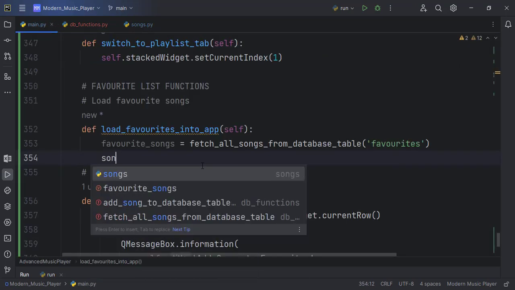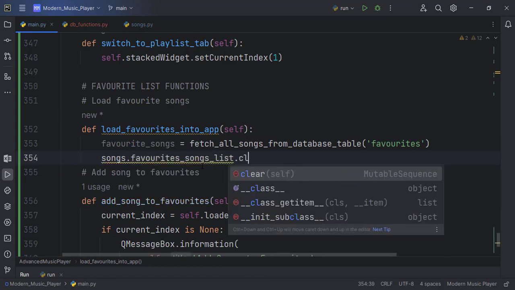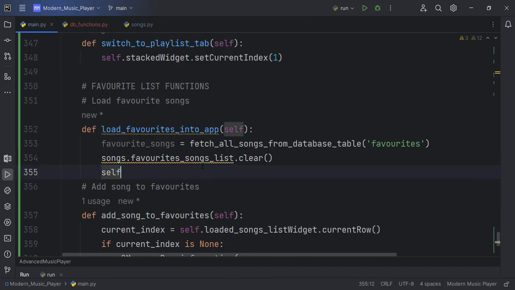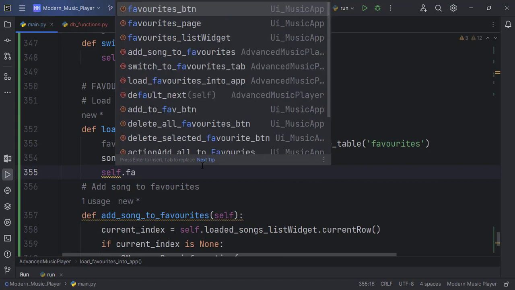Okay, so this one we have to clear songs.favorite_song_list.clear(). We also want to clear the favorite list widget, so self dot. Oh, I should stop that, and then maybe when it runs the error, you'll know why I'm doing that. But let me just write it and comment it out, and I will show you what the line is doing. So self.favorite_list_widget, this one,